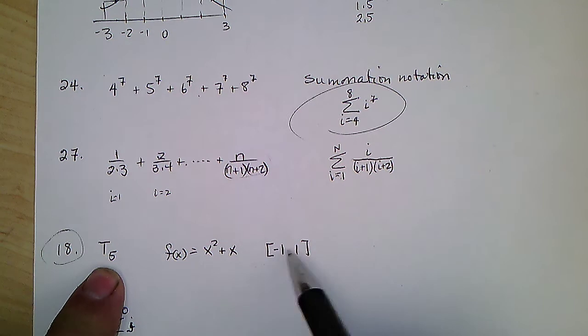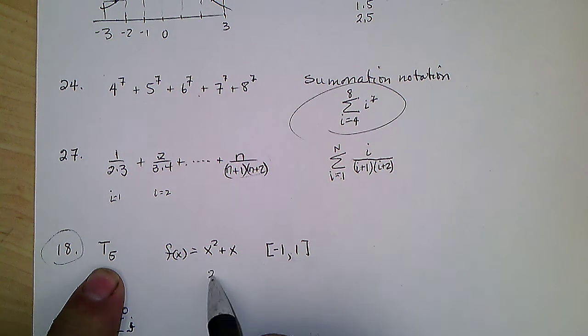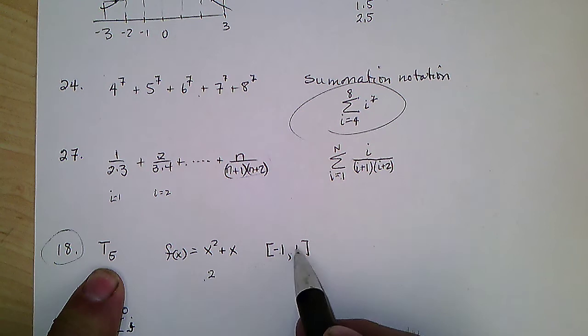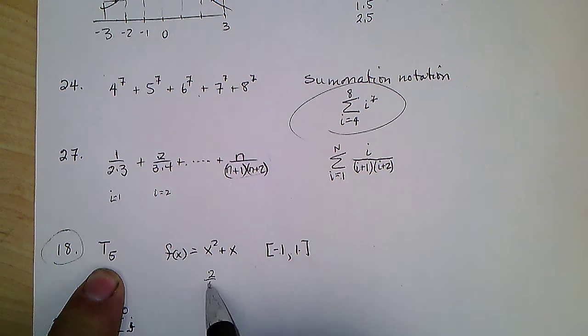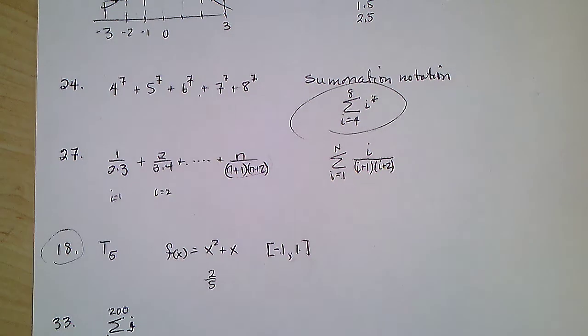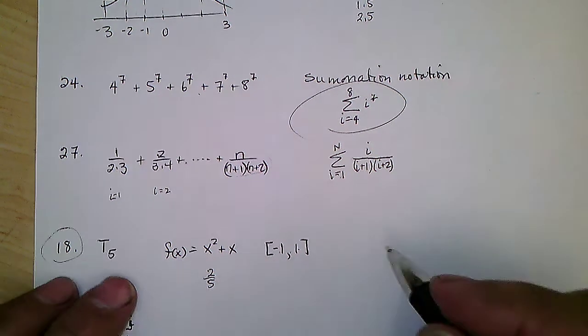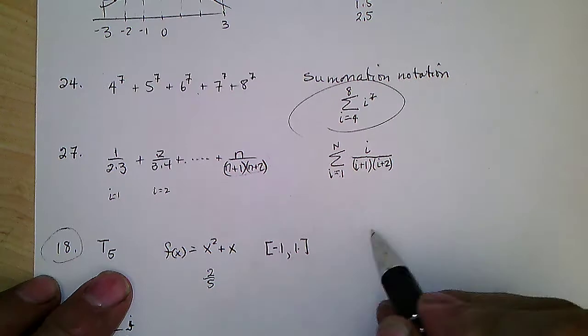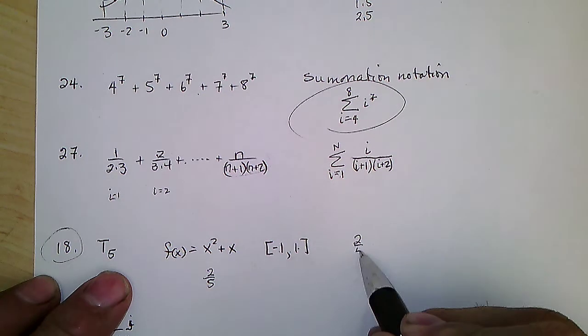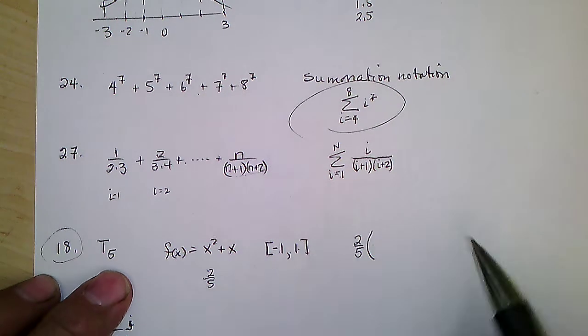5 from minus 1 to 1. So that's 2 from minus 1 to 1. That's 2 divided by 5. So I got to jump by 2/5. All right. So the width of the interval is 2/5. And the trapezoidal, I take